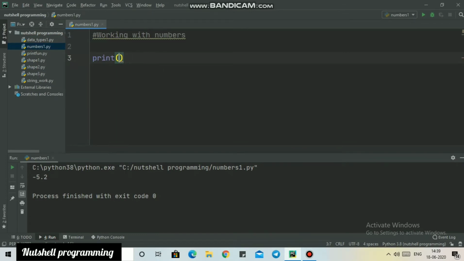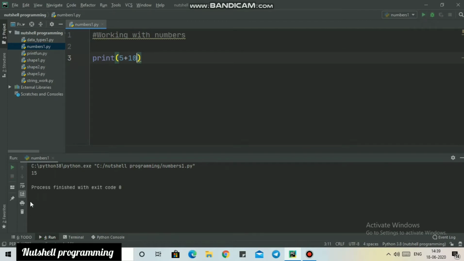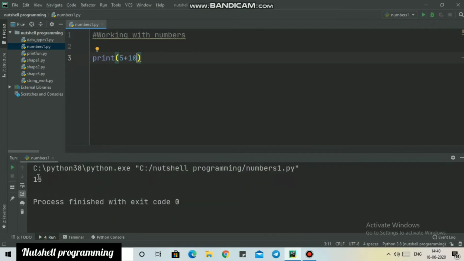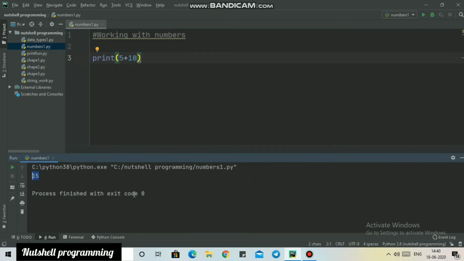After this I'm going to use some arithmetic in the print statement. So just 5 plus 10, and you can see in the output 15 has been returned. So I have done the addition in the print statement. After this I can do multiplication, I will use subtract also, and I can use divide also. Right now I'm going to use divide and I will play this, and you can see 0.5 has successfully printed, which means in the print function all the arithmetic operations are working successfully.